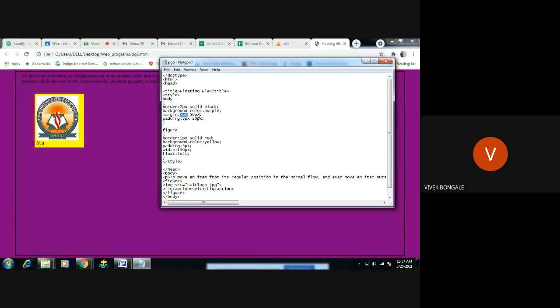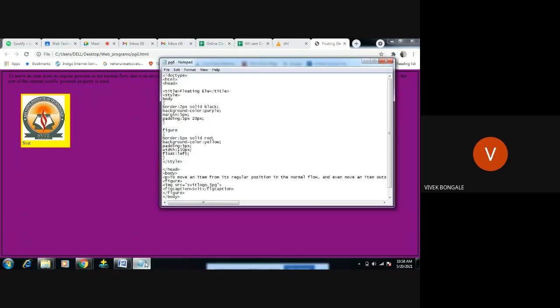If I give another value here, like 20 pixel, this becomes bottom, and the last will be the right side. Okay, this is top, left, this is bottom, and this is right. If I remove this 50 pixel here, you see the difference.